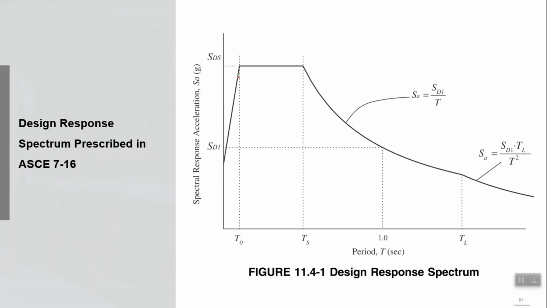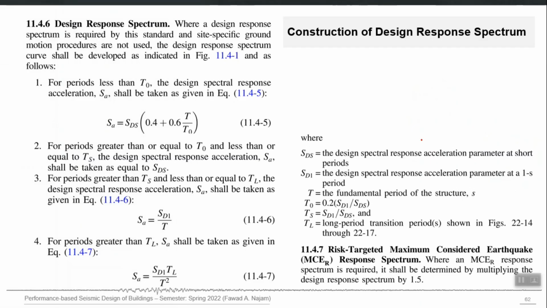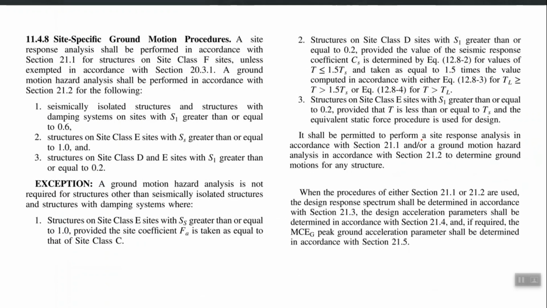It has a linear ascending part, then a peak plateau, and then a declining part, which again has 2 parts. One has this equation, the other has this equation. So these are the codal provisions to determine the design response spectrum using ASCE 7-16 or IBC 2021. And then there are provisions about site specific analysis. If you lie in that category, you should go for site specific analysis, but there are some exceptions also, that if you lie in any of these categories but you still lie in the exception, again you are allowed to